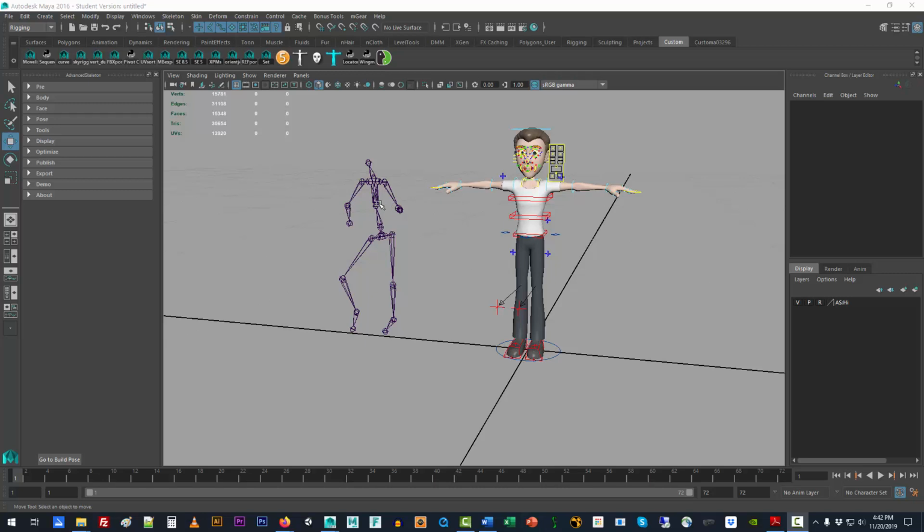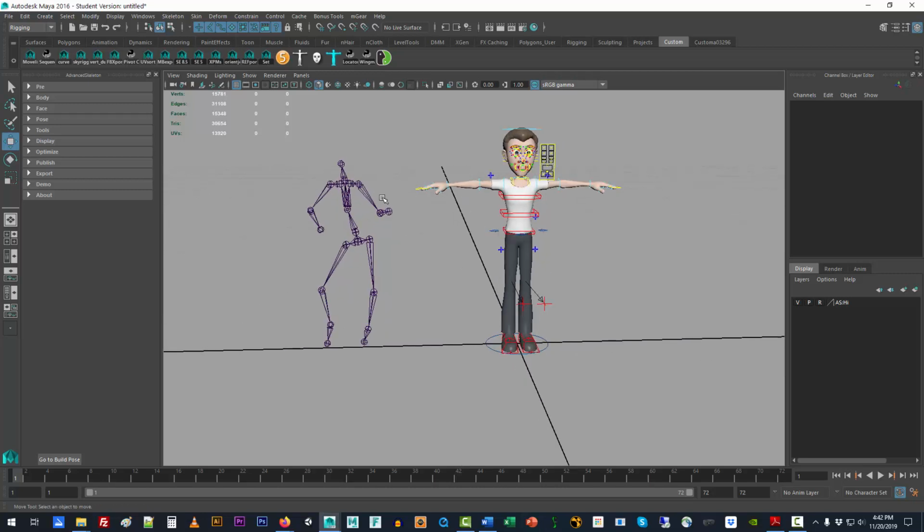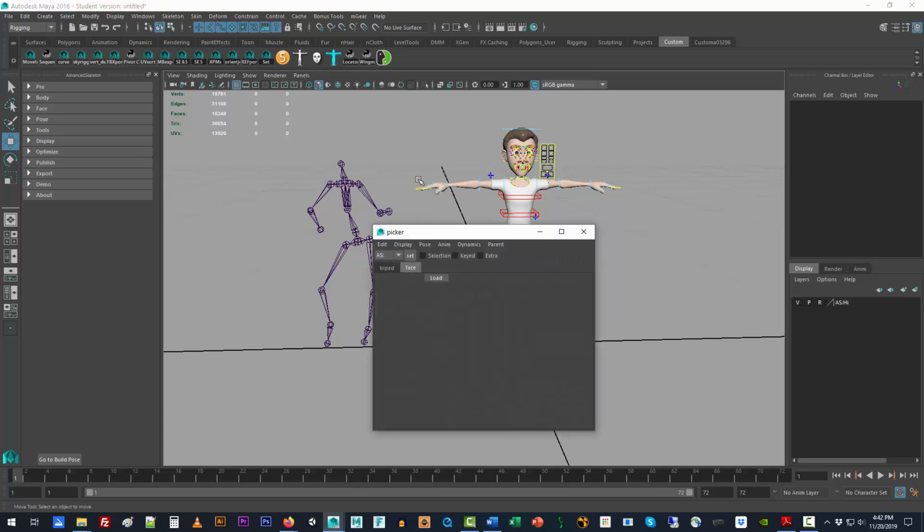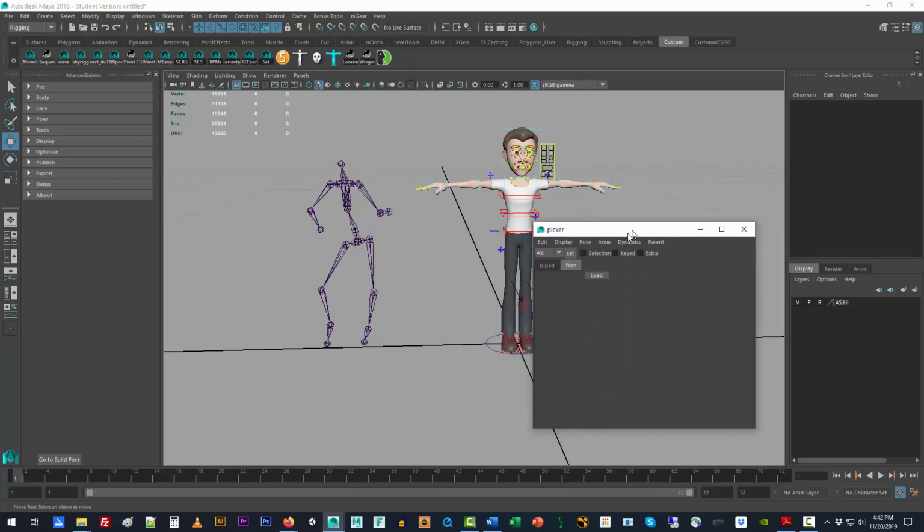Now the process for transferring this actually utilizes the advanced skeleton icons. So you're going to need to have this installed on your system before you can use it. The actual one that we're going to be using of these four shelf icons for advanced skeleton, we're going to use the furthest one to the right, which is this sort of blue man, and when it comes up it